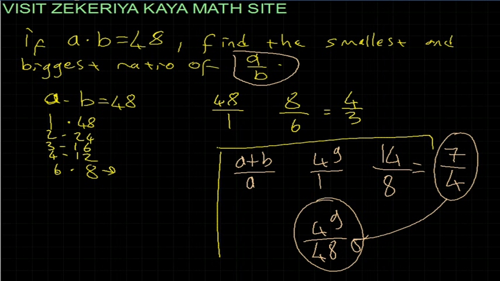Okay. Now there is another type of questions. AB plus BA is equal to